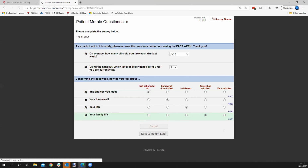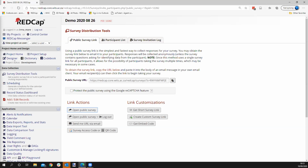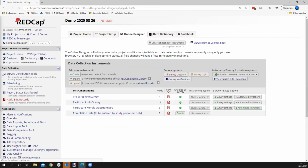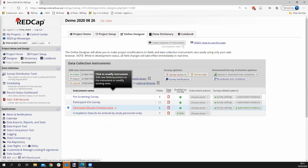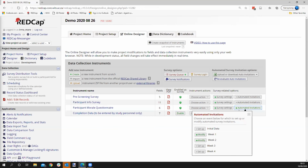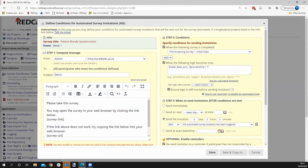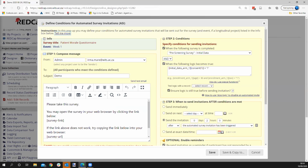All right, so that's the first event, and now the neat thing with REDCap is I've got this participant questionnaire that I want to repeat, and I can set that up to go out automatically. So I have these automated invites that can be set up. For example, here I've said that if pre-screening is done and the participant has consented,